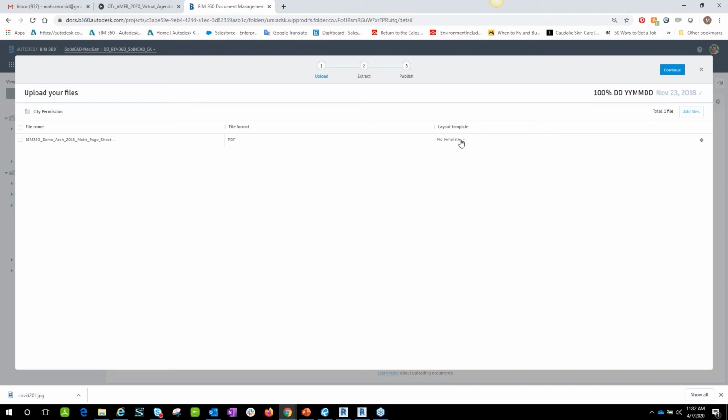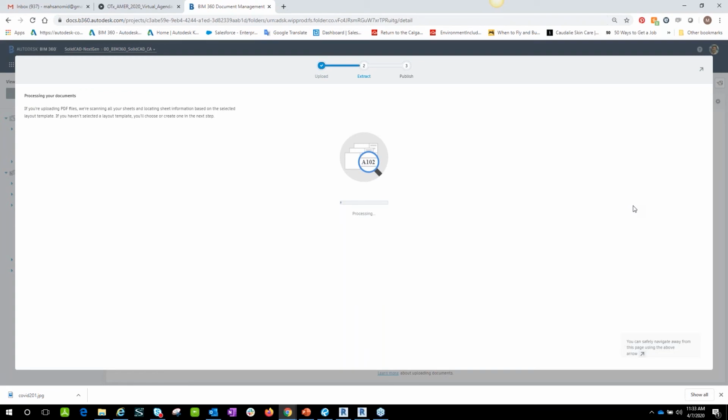If I have a template creation for the next round of publishing, if you want to create some kind of template with regards to the title block or whatever sizes you're going to specifically have, you will assign them to a specific template. Right now, I don't want to add any template in here and show you how it's done. Until this documentation processing is finalized, I am going to go back to my PowerPoint presentation